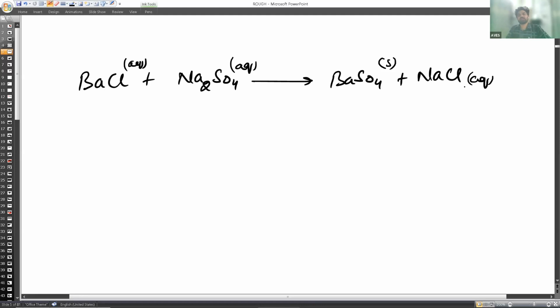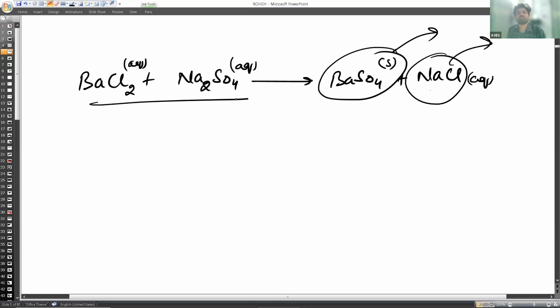So what happens here is that you need to concentrate on one thing: BaCl2, barium chloride. After some time, this reaction will stop, when it is moving from left to right. It does not mean that the whole barium chloride will convert into barium sulfate and the whole sodium sulfate will get converted. There might be some, but if you are able to remove any one of the products, for example, if you remove this one,